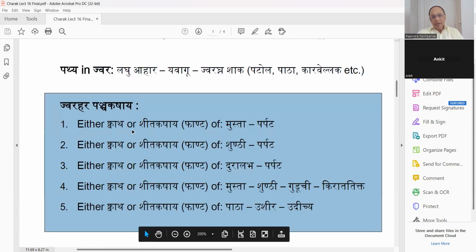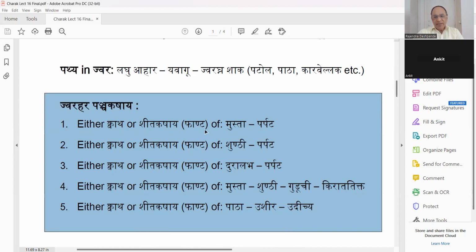ये ज्वरहर पंच कषाय जो है ना, फिर एक बार देखिए कि इसमें आप क्वाथ काढ़ा भी बना सकते हैं, नहीं तो फांट भी बना सकते हैं। जैसे कि पहली वाली पेयर है मुस्ता और परपट वाली। मुस्ता मतलब नागरमोथा, best आमपाचक है, और परपट is a bitter taste antipyretic. Then फांट या क्वाथ किसका बना सकते हैं, शुंठी और परपट का भी हम बना सकते हैं।